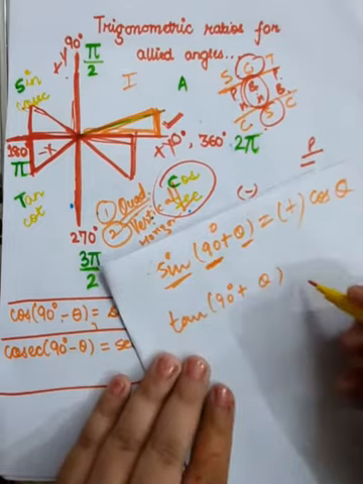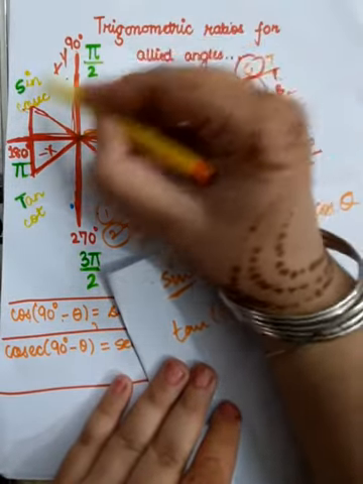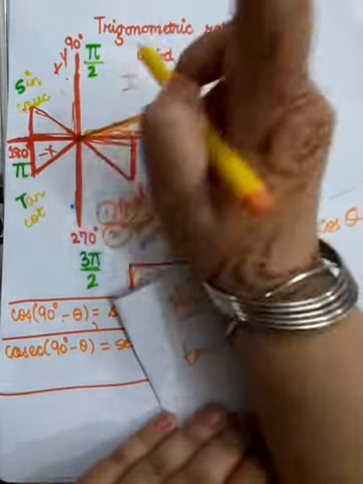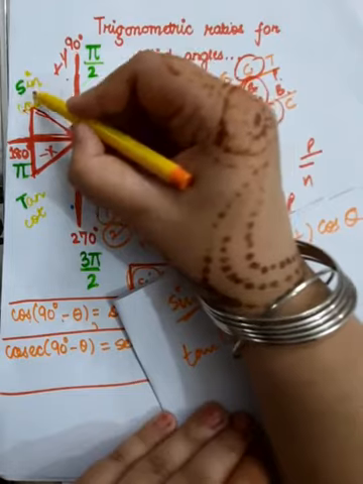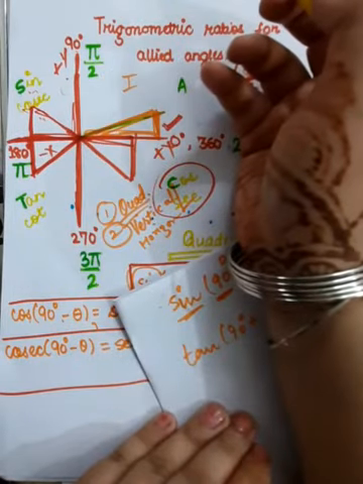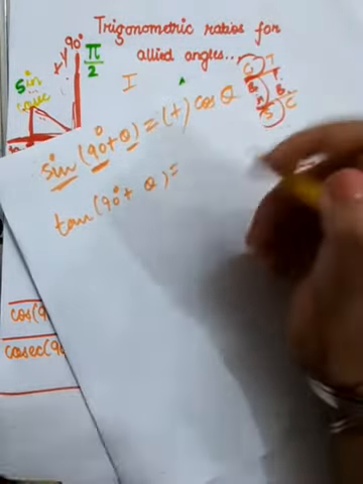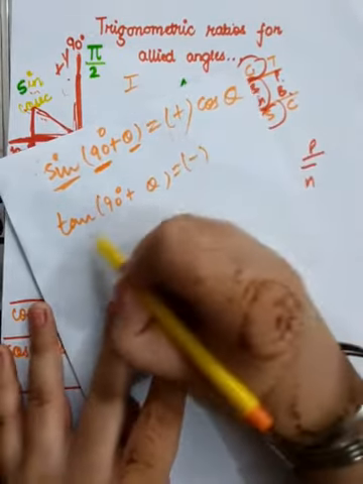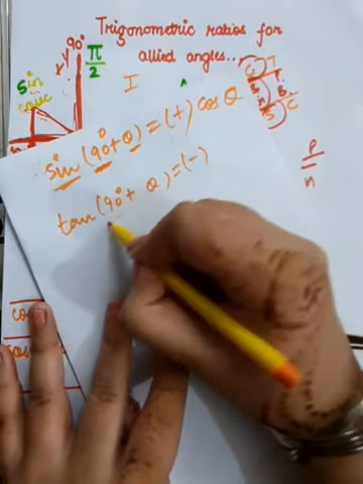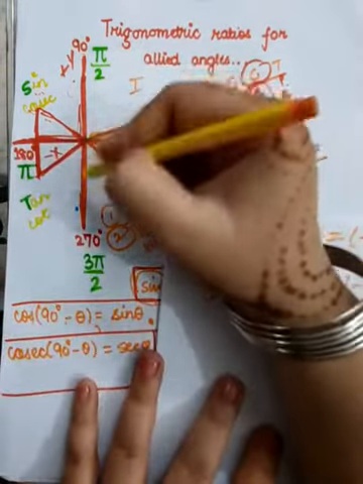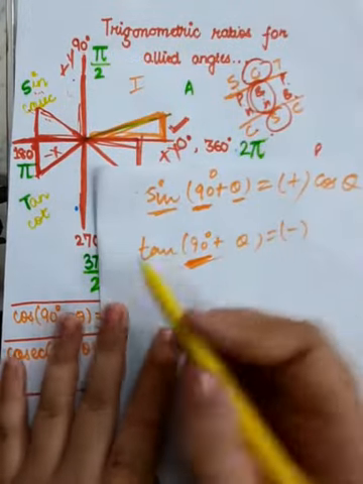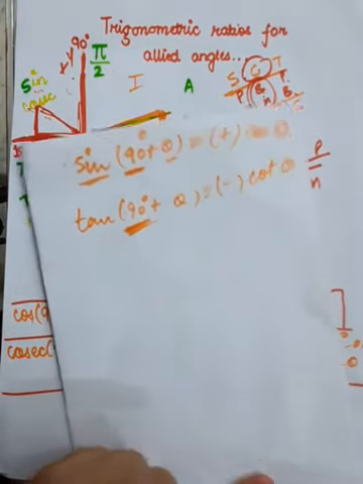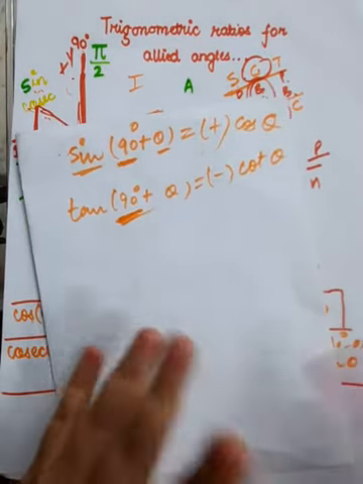Similarly, you have tan 90 plus theta. Point number one to be checked is the quadrant. 90 plus theta means second quadrant, and in the second quadrant only sine and cosecant are positive, tan is not positive. So if tan is not positive, it means it's negative, so the overall result is also going to be negative. And are you dealing with vertical line or horizontal line? Since 90 is written here and 90 lies on the vertical line, tan will be changed to cot. It will be minus cot theta. You got my point? I'll give you a few more illustrations as well.